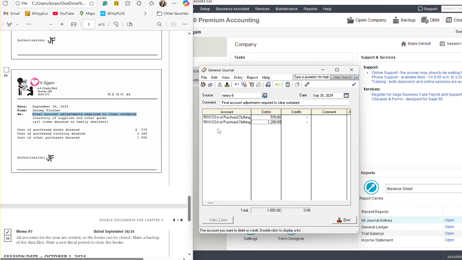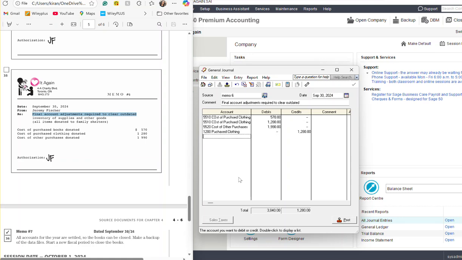I go to my next line, and my next line is my 5520, and that is for 1990. Now I have to clear my 1990. My next account, I needed to take it out of 1200, and that is my